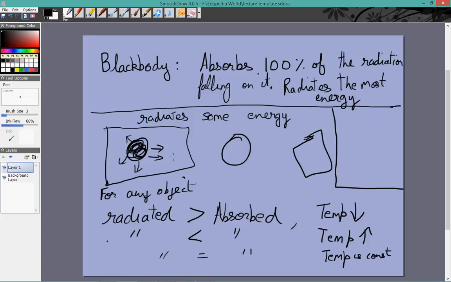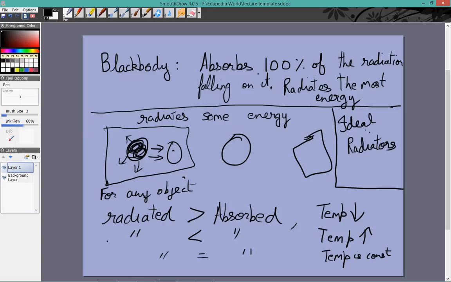If there are two objects in a room, one of them is a black body, the other is not, both of them are in equilibrium, the black body will be absorbing more energy. Hence, it must be radiating more energy, right? This body will be absorbing less energy and radiating less energy. The total of both of them will be zero, absorption minus radiation, because they both are in thermal equilibrium. But the amount of energy absorbed and radiated will be different for all objects. So that is why black bodies are also called ideal radiators,